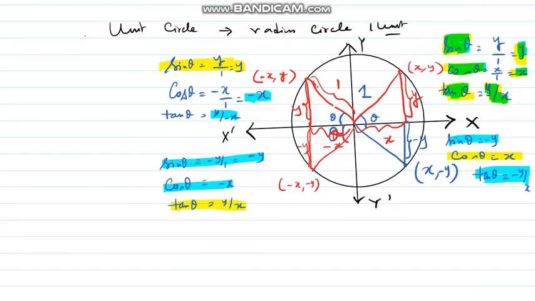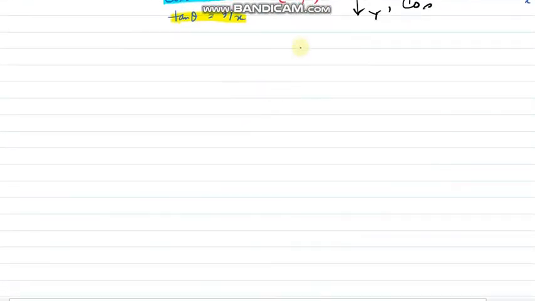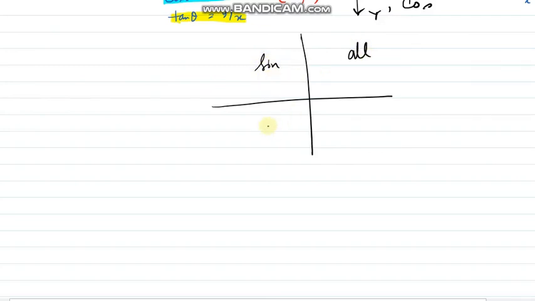So for the first quadrant, can we say that all trig ratios are positive? In the second quadrant, sine is positive. Third quadrant, tan is positive. And fourth quadrant, cos is positive. So from there, a very important theory part you need to remember: quadrant-wise, it will be All Sine Tan Cos. Like this, the signs will come. In the first quadrant, all trig ratios are positive.